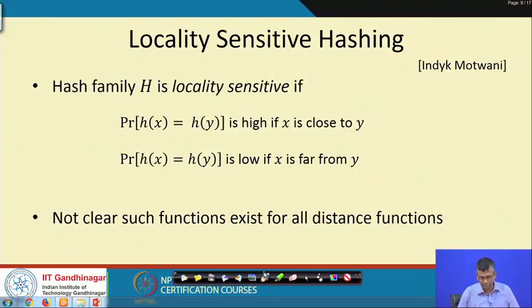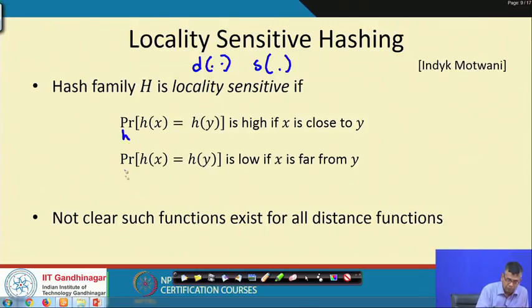The algorithm will design a hash family, given a distance function d or a similarity measure s, and then at runtime it will choose a single hash function from this family, and we will call this family locality sensitive if, remember that the probability is over the random choice of the hash function,